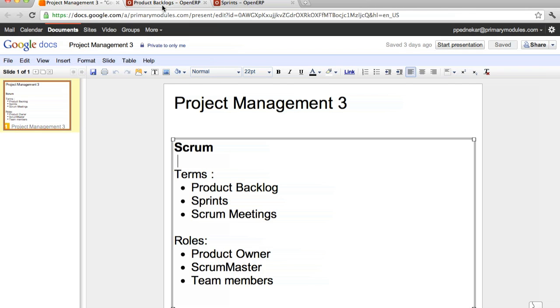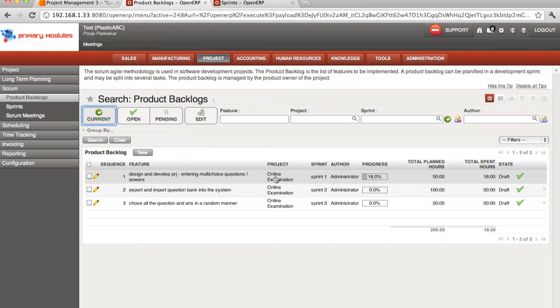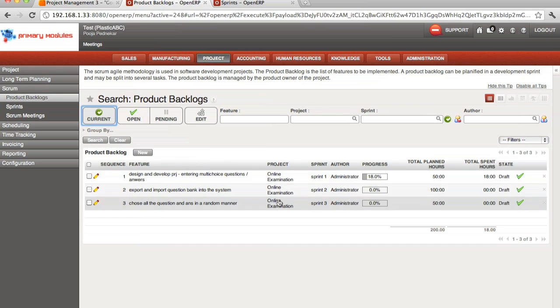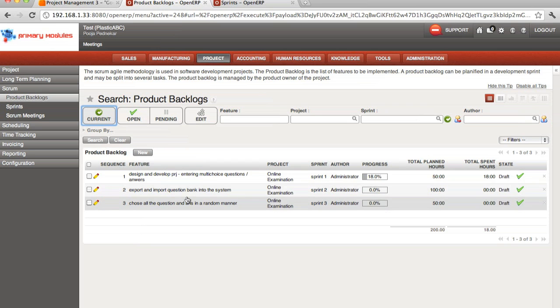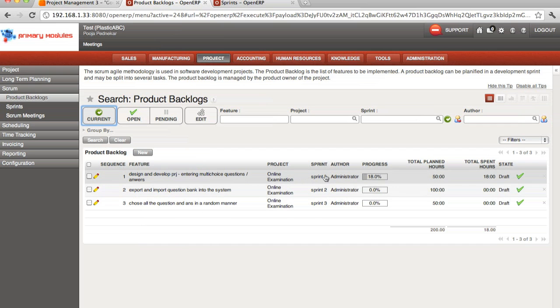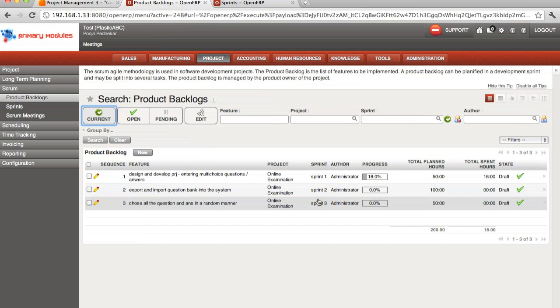So let's go to our ERP system. Here we see we have a project defined called online examination. There are a list of 3 features to be implemented. That is entering multiple choice questions and answers, then importing and exporting the question banks, and picking up the questions and answers in a random manner to form the test. As we see, each of the features is linked to a sprint. So first let's go to sprints